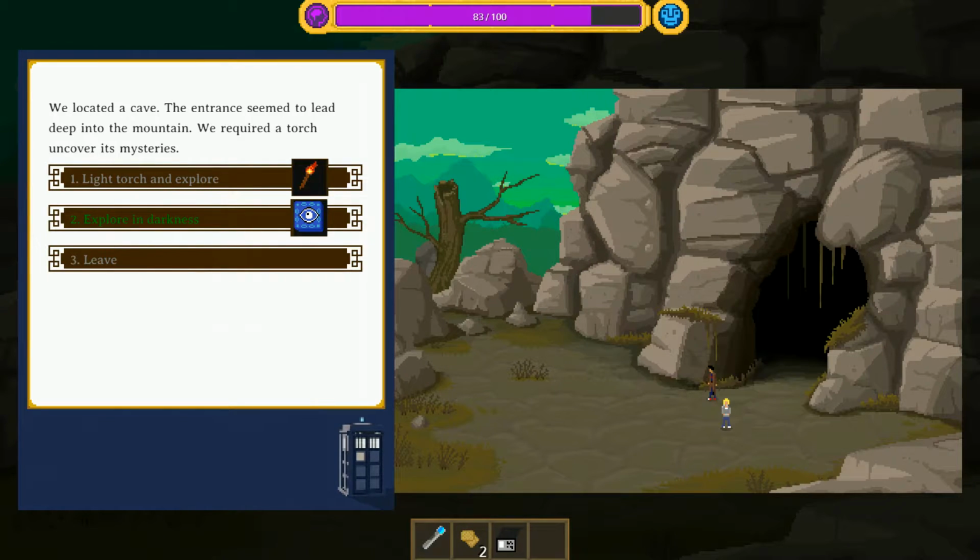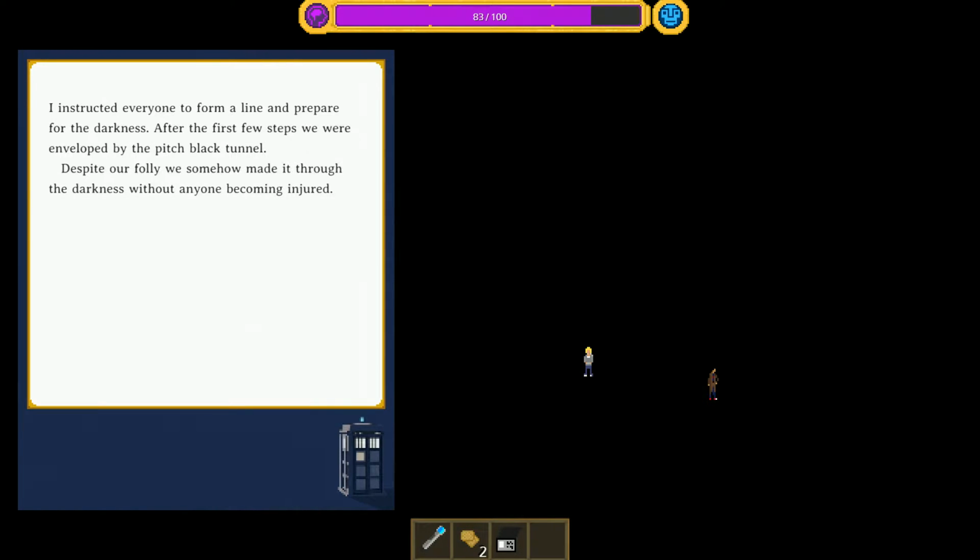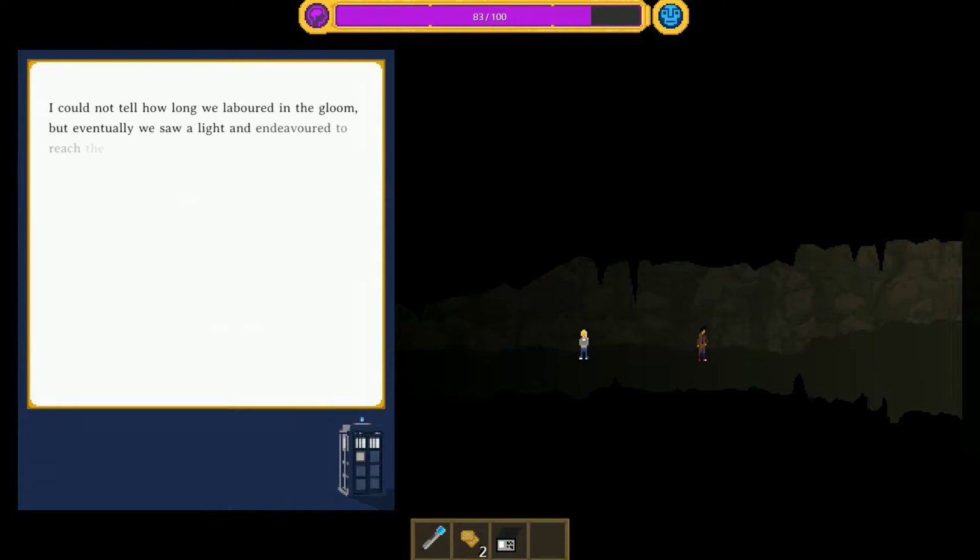I say okay. I instructed everyone to form a line and prepare for the darkness. After the first few steps, we were enveloped by the pitch black tunnel. Despite our folly, we somehow made it through the darkness without anyone becoming injured. I cannot tell how long we laboured in the gloom, but eventually we saw a light and endeavoured to reach